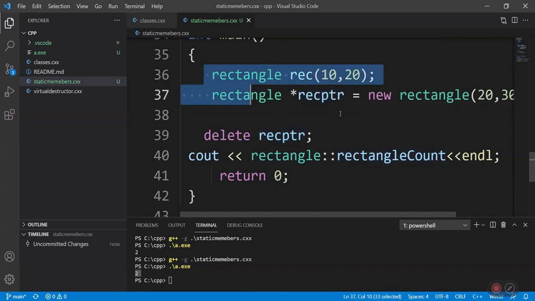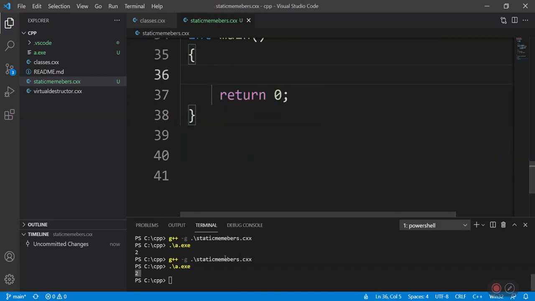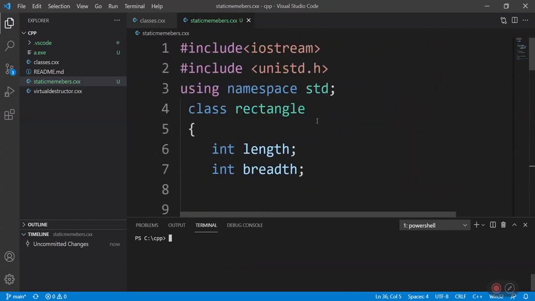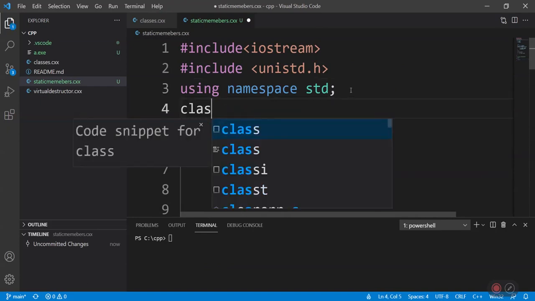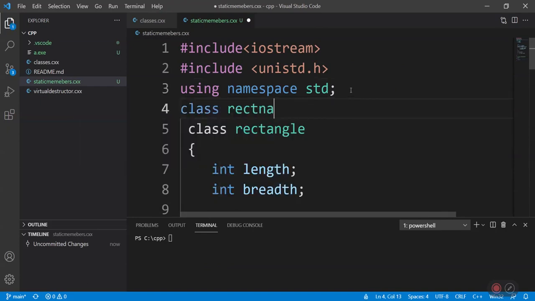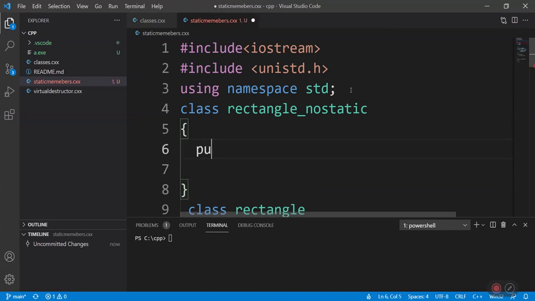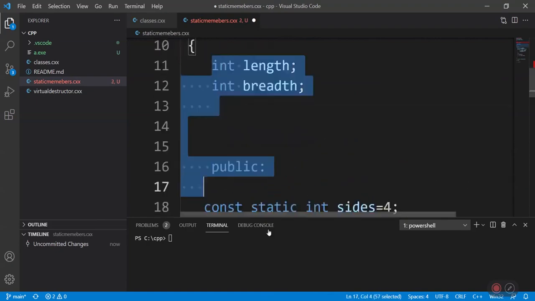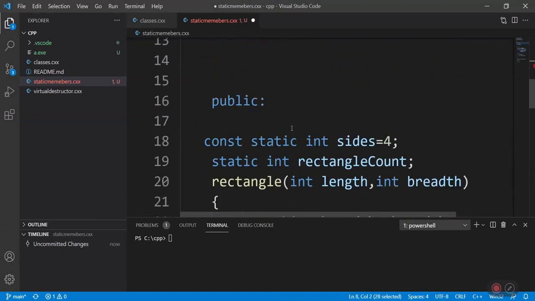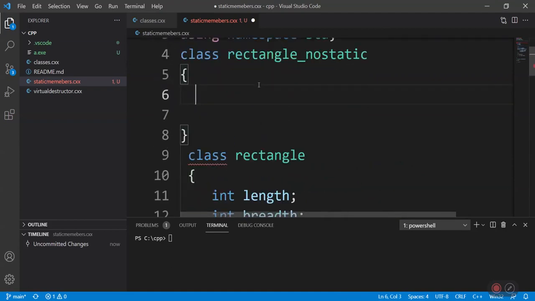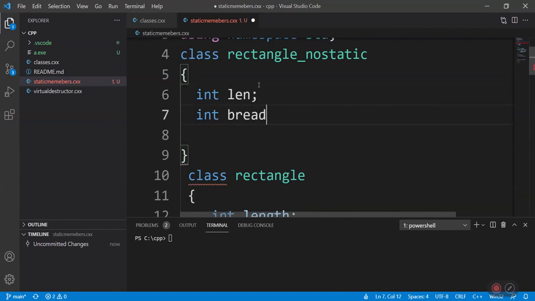Now let us try and understand the advantages of using static variables. Let us write another class, rectangle no static, which means we are not going to use any static members. I'll make use of length and breadth.